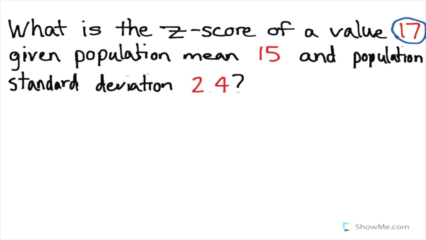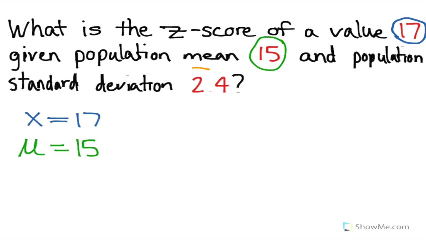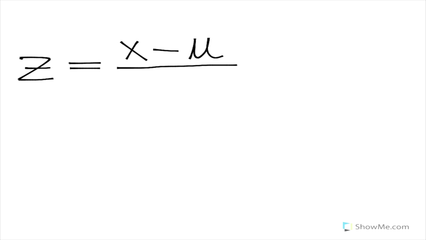So this number 17 is an individual value, so our x is 17. Then it tells us our population mean is 15, so mu equals 15. And our population standard deviation is 2.4, and that's denoted by sigma. So then we'll go to our formula for z-score for an individual value. We take x minus the population mean divided by the population standard deviation. So now that's going to equal